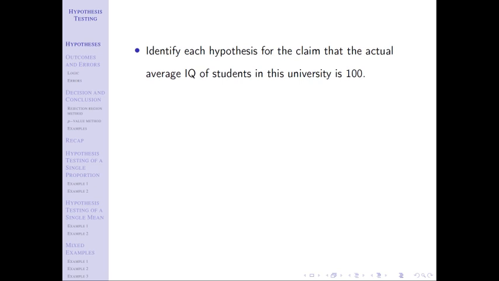Now I want to make sure as we go through these, we understand that the claim is not always the null. The claim is not always the alternative. Sometimes it's one, sometimes it's the other, sometimes it's neither. So I'm going to say that this claim is that mu equals 100, and I'm only using the claim to find the null and the alternative. Make sure you understand that. Very key idea. We are only using the claim to get the null and the alternative. Once I've got the null and the alternative, I literally don't care about the claim anymore.